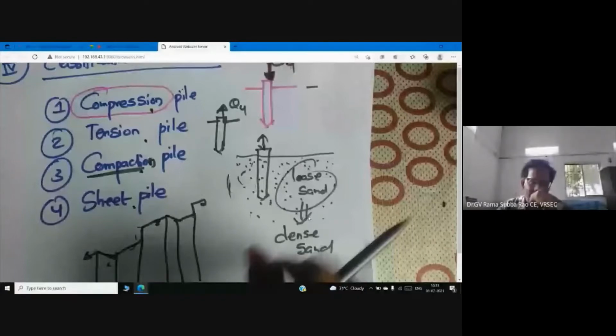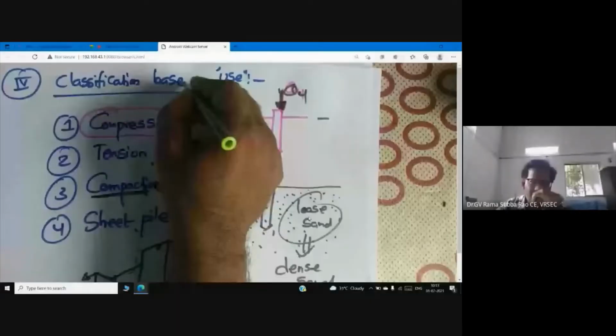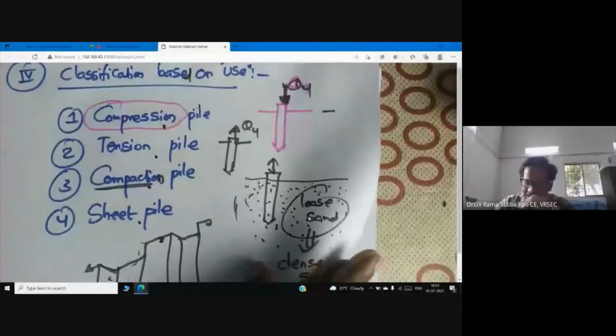So can you imagine the world without piles now? మీరు ఒప్పుకుంటారా? పైల్స్ లేకుండా ఈ ప్రపంచాన్ని ఊహించగలరా మీరు? Are you ready to imagine the world without pile foundations? So it's very difficult to imagine that. So now the last but not least, fifth one, classification based on